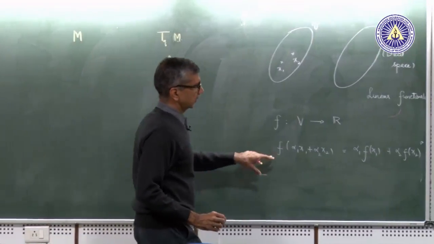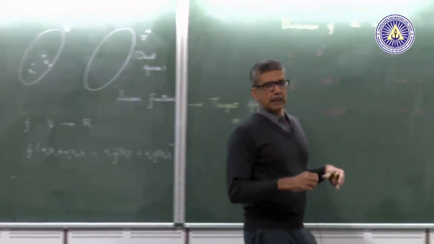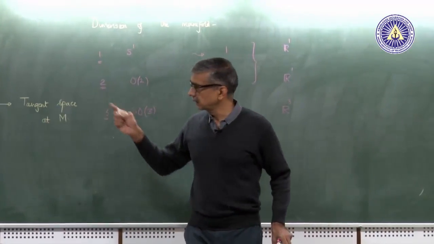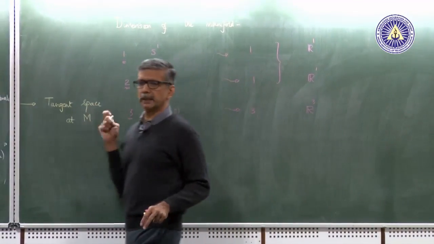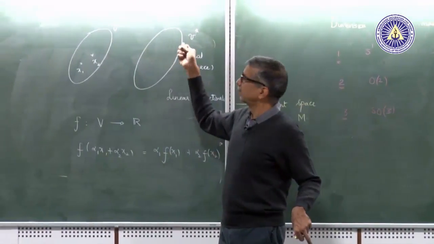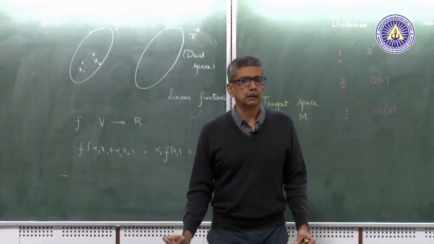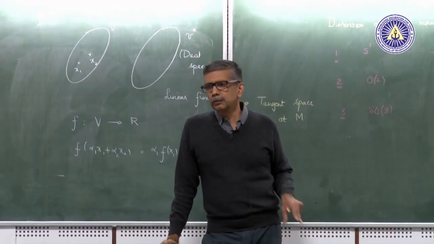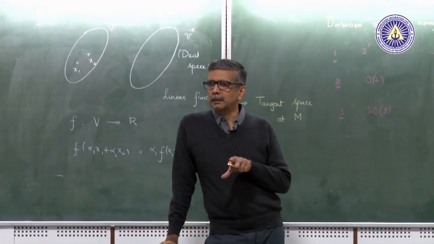Right, they satisfy this. So the set of all these linear functionals also has a vector space structure, and that forms the dual space. So my suggestion to those of you who have not done formal vector spaces,